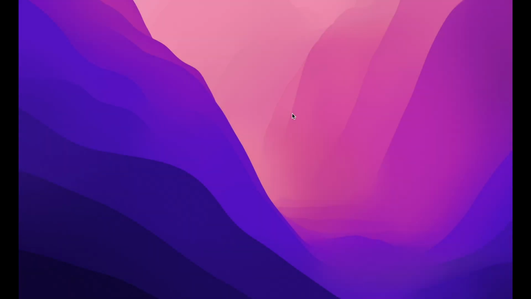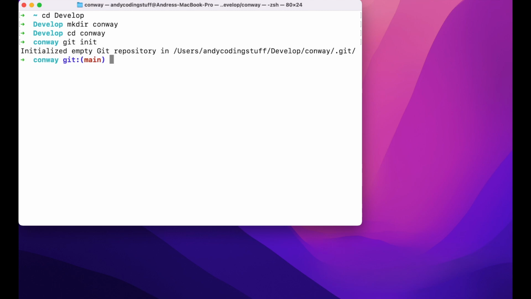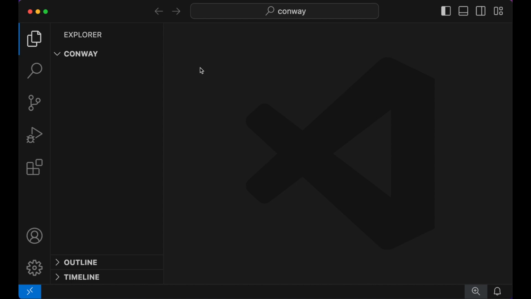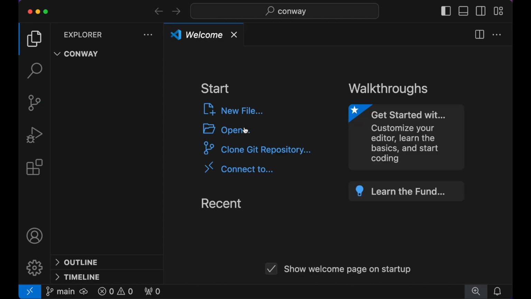So, first thing I'm gonna do is open a terminal and we'll create a folder, and inside it I will initialize a Git repository so that I can track all my changes. And then let me open up VS Code. Let's see what we have here. Obviously it's empty, so